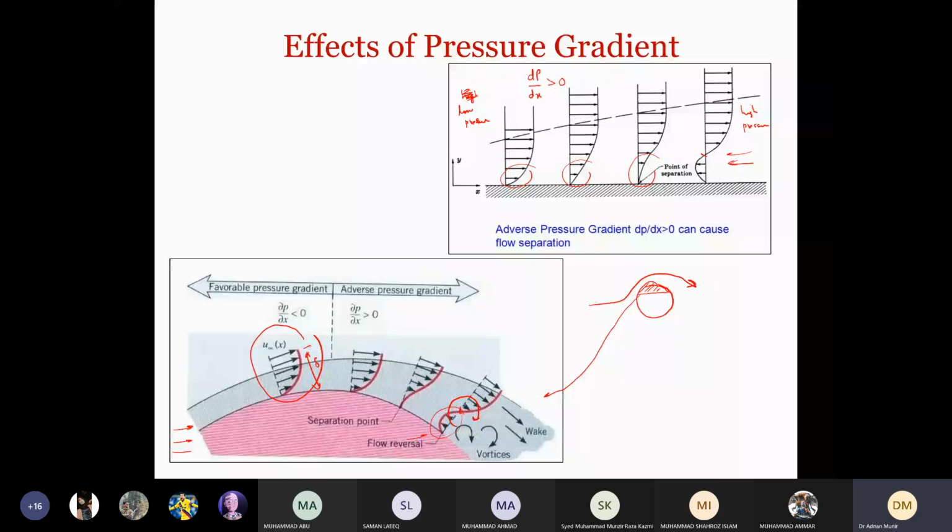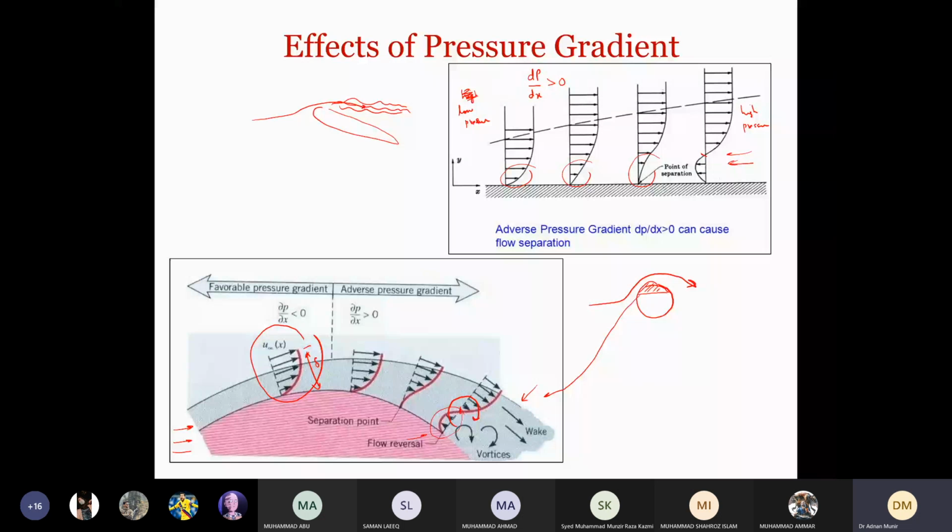Now what effect these vortices have on the structure, you already saw in that video when we had an aerofoil like this, and then flow separated. So you could see that the flow was very much unstable. It was moving up and down very irregularly, and that flow separation is in fact an instability which induces more drag as compared to lift. So we want to avoid such separation points.